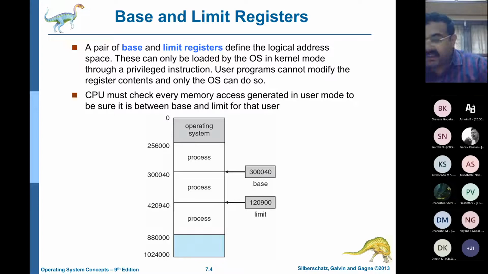In other words, for that process or that instruction, there is a base address and a limit register. That means you add the base address to the limit register, and you get the physical location of the instruction or the command. So that is the logic by which the operating system functions.